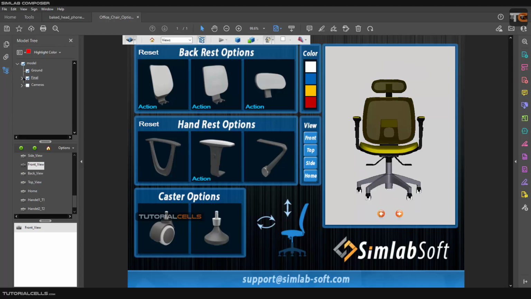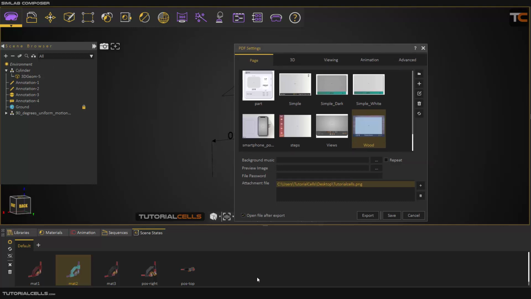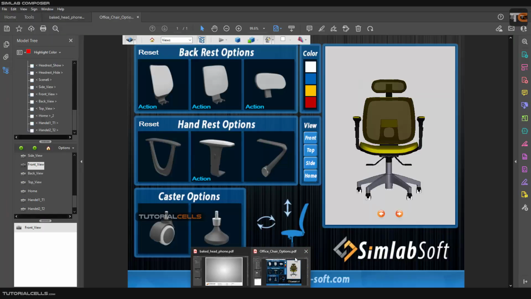And here is a 3D model. As you can see, we have an object here in a scene browser like this. I will explain them more. So this is a 3D PDF. It's very interesting, and you can